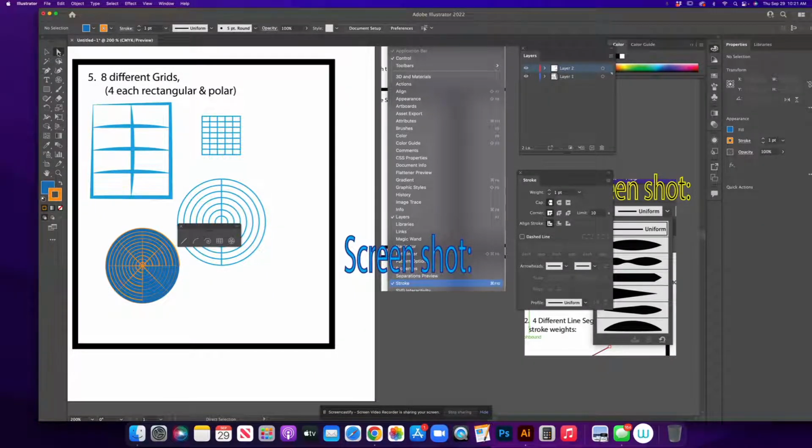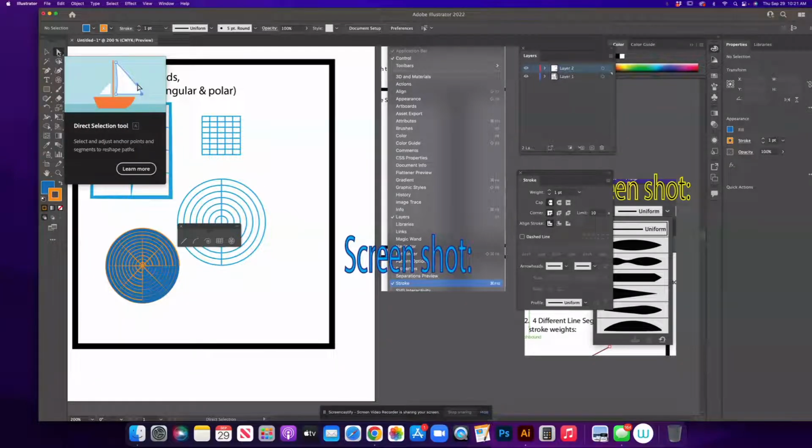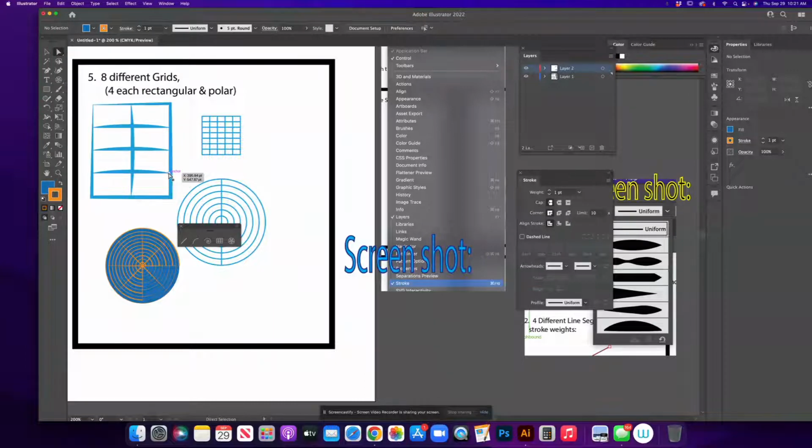So that's this, remember this is A, direct selection. It's going to allow you to manipulate pieces and parts. So you find an anchor. If you don't see the words in pink